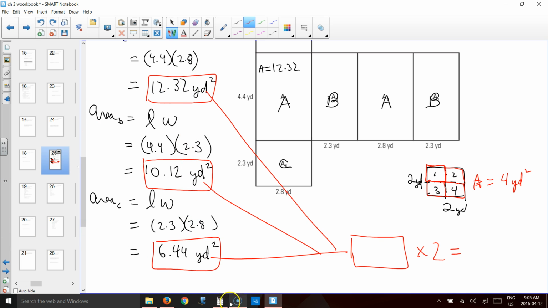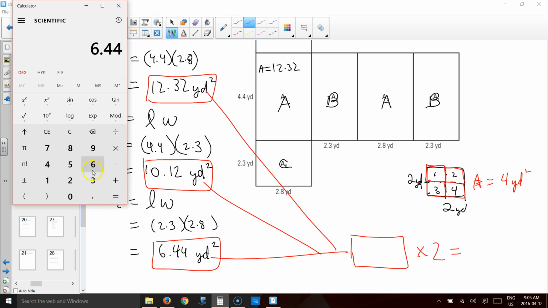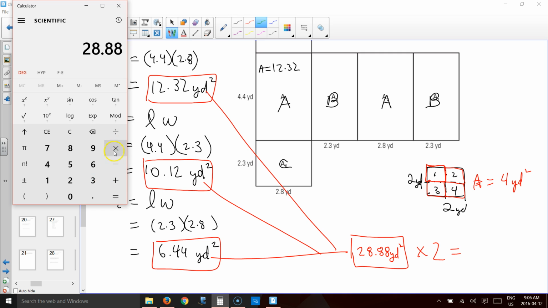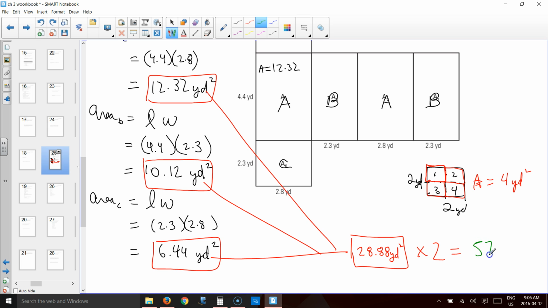So let's total this up. We've got the 6.44, we've got the 12.32, and we've got the 10.12. In total, we have 28.88 square yards. But that represents half of the surfaces. Let's double that so that we can find out what the entire thing is. And so we'll take our answer, times it by 2. In total, we have 57.76 square yards